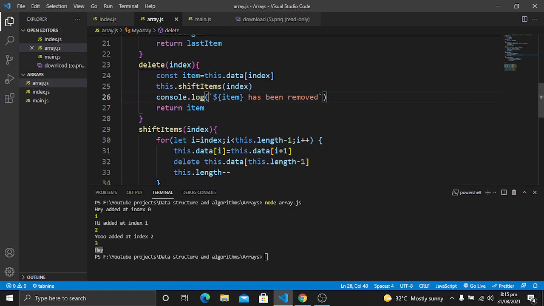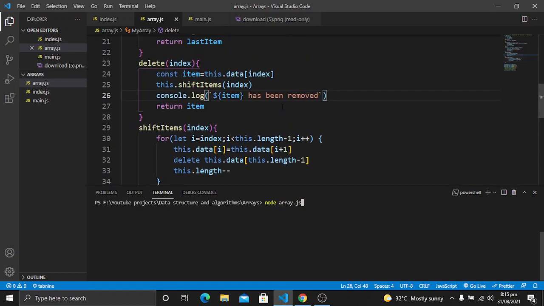When we run this method here, it will run this console.log saying that the item has been removed. So we can also provide the index. For example, this item has been removed at this index, or we can say at the index that it will have. So run the code again.